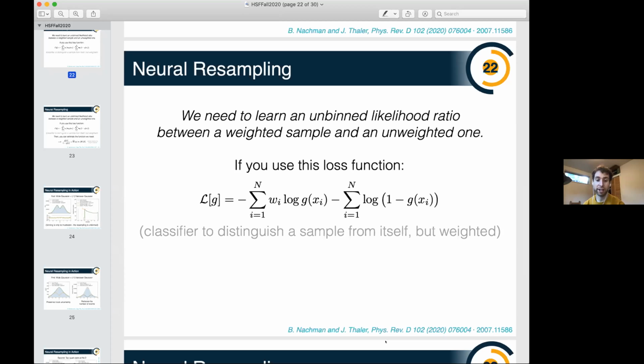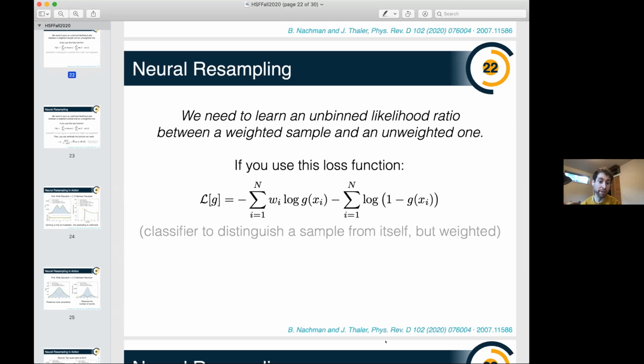Yeah, in fact you could use the mean squared error and it actually gives you the same answer. But it's really important here that you use a loss function which is tailored for the purpose. I know this doesn't feel like a binary classification problem, but the magic is that if you treat it as a binary classification problem, you can interpret the neural network output as exactly the weighting function you want. Here we've used the binary cross entropy, but as I mentioned, you could do it with mean squared error.